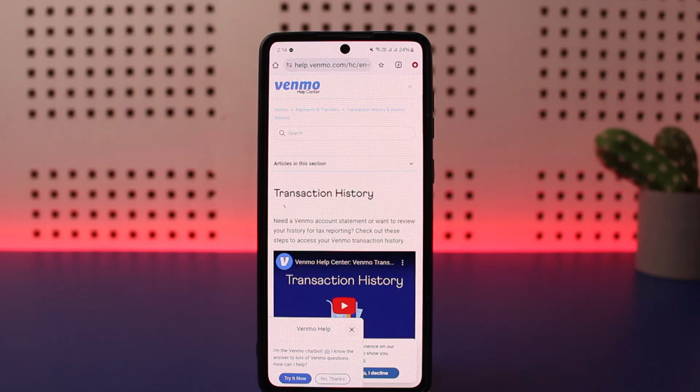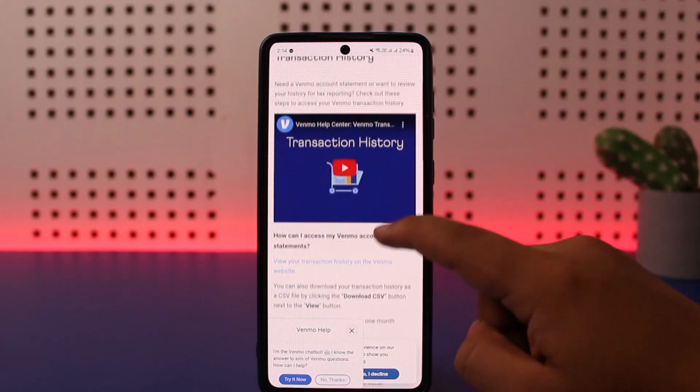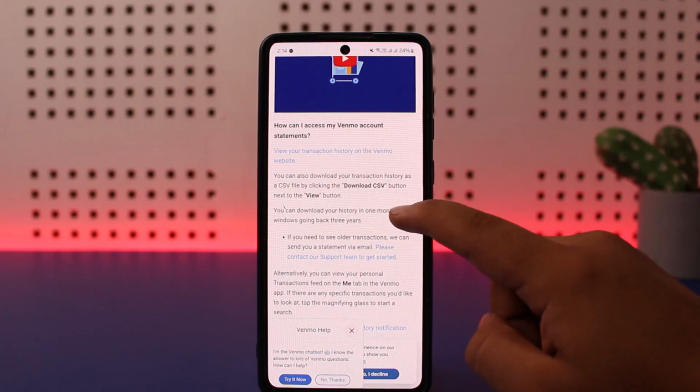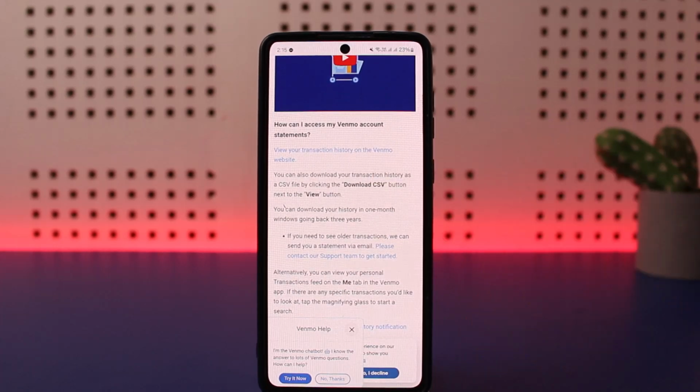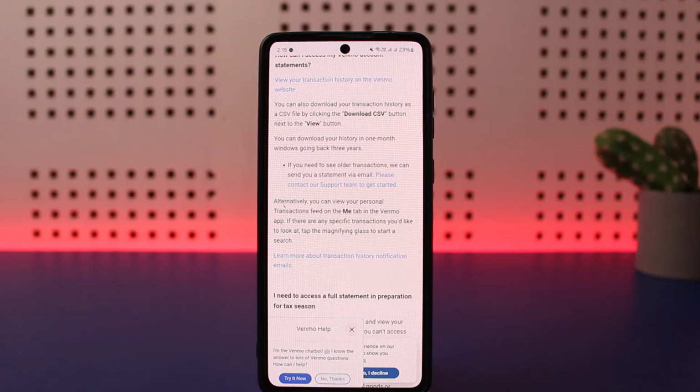Now I'm guiding you with this website help.venmo.com here. So what you can do is view your transaction history on the Venmo website. You can download your transaction history as a CSV file by clicking the download CSV button next to the view button on your transaction history. You can download your history in 1 month windows going back 3 years. If you need to see older transactions, we need to send you a statement via email, so you'll have to